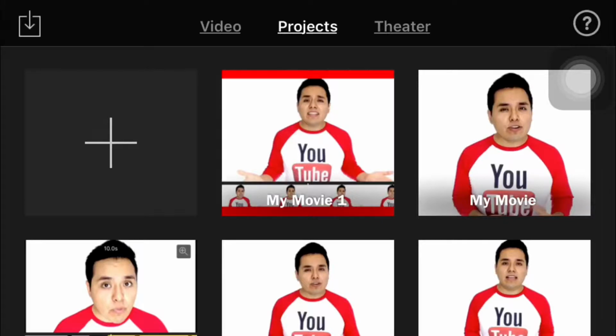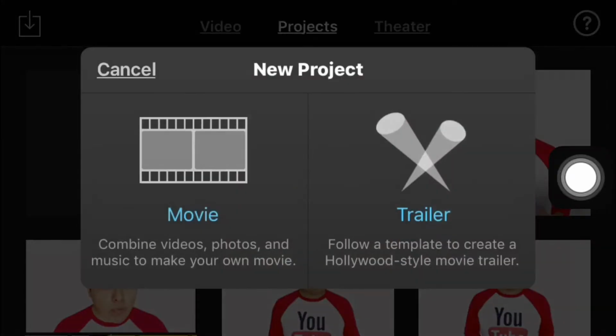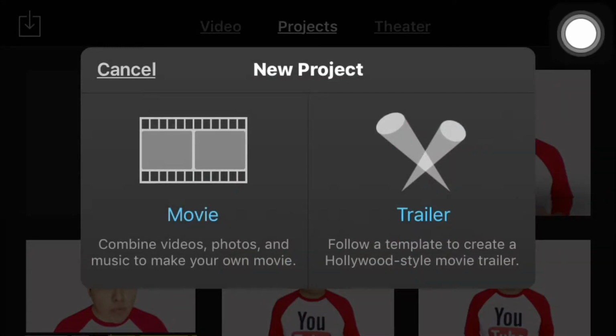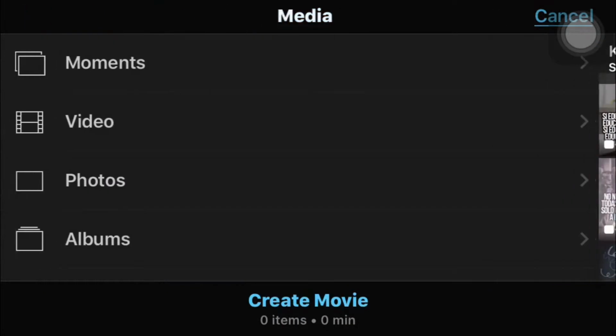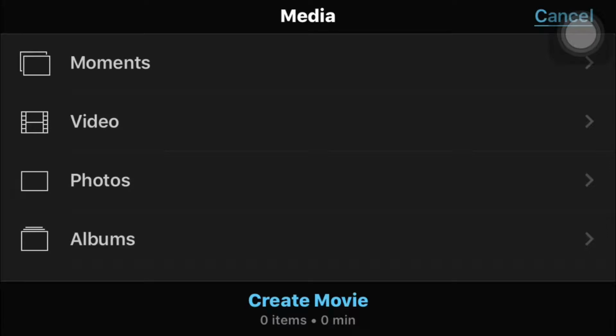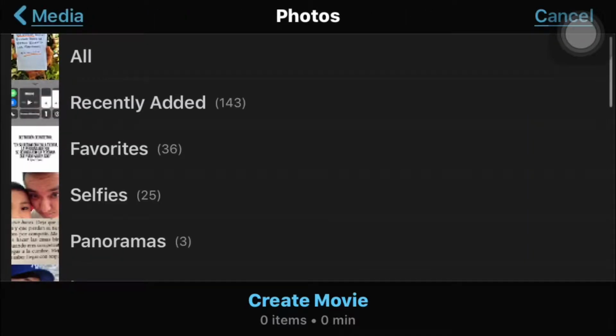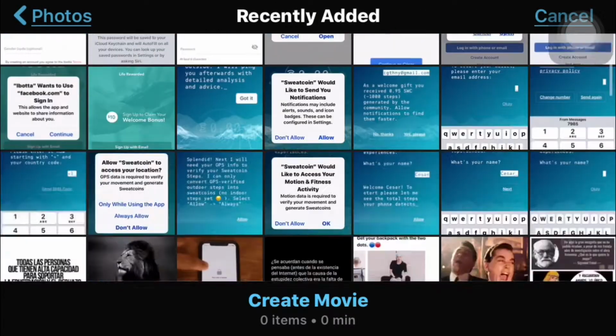If you want to make a video with just images, this is the way to do it. You gotta open your iMovie app, and then once it's open, we're gonna tap on the plus sign right here, and then tap on movie, and now it's gonna read your files and show them like this. So now we're gonna go back to media, and we're gonna select photos only, and then I'm just gonna